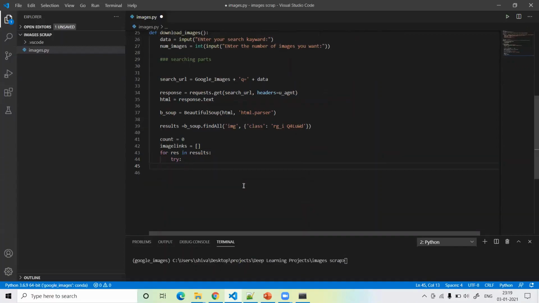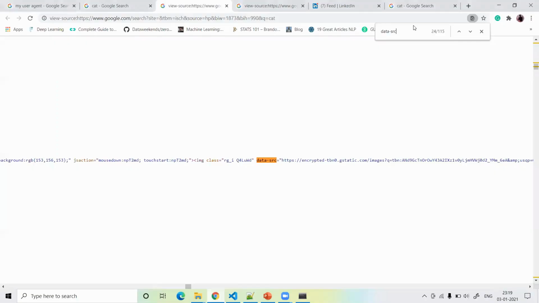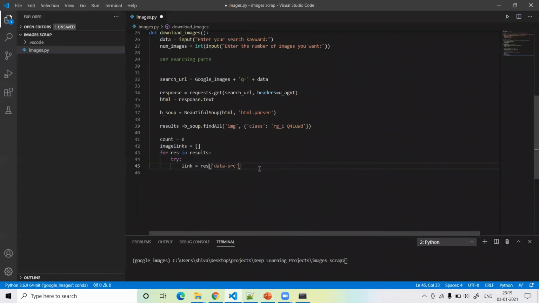So I write for result in results, try: if link equals result data src is available, meaning this tag is available, then we extract this class tag and store our images in our existing folder. So I call result data src exist. Then what can we do?